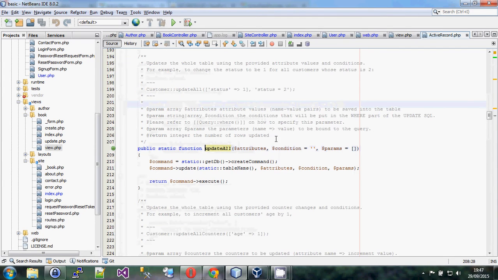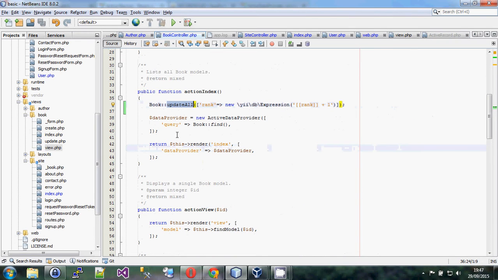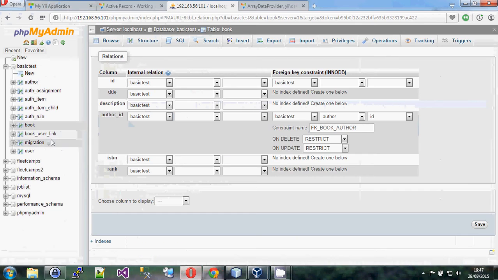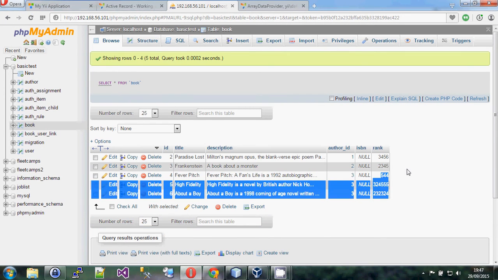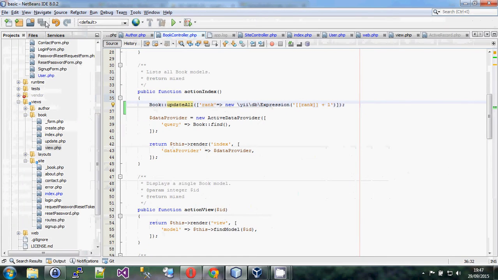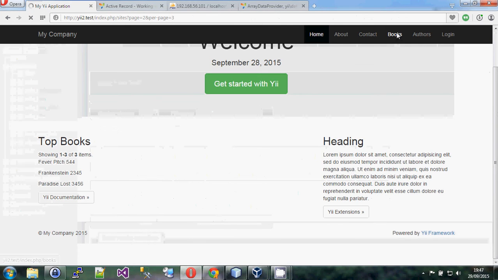If we go back to the definition of it, the default one, obviously you need to tell it what to update, but you can also give it a condition, say only update if such and such is true. So for instance, in this case I've said, well, I want to update the rank in the database, so let's just make sure we can still see that, and it hasn't logged me out yet. Okay, so if we look at the rank, look at the lowest one, for instance, you see it's 544. So if I run this code by going into the book index thing, which is there,